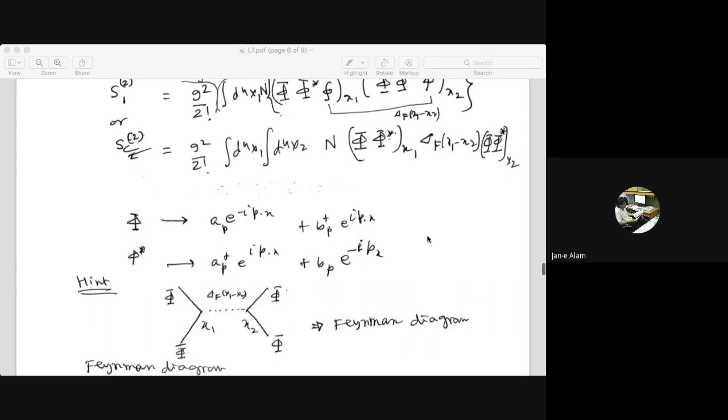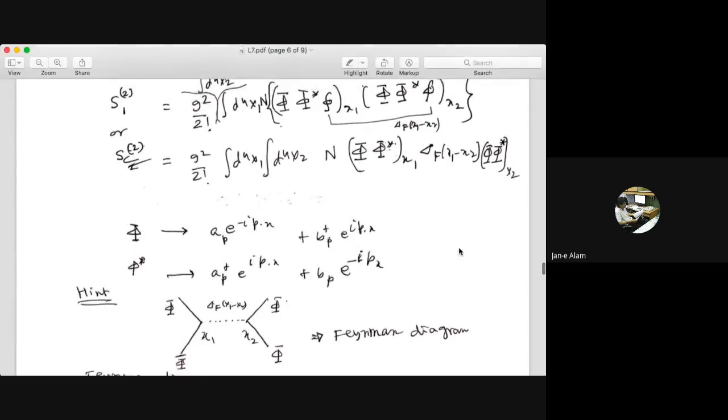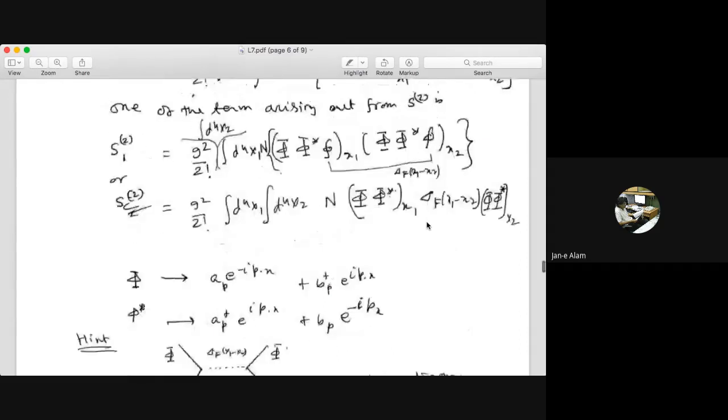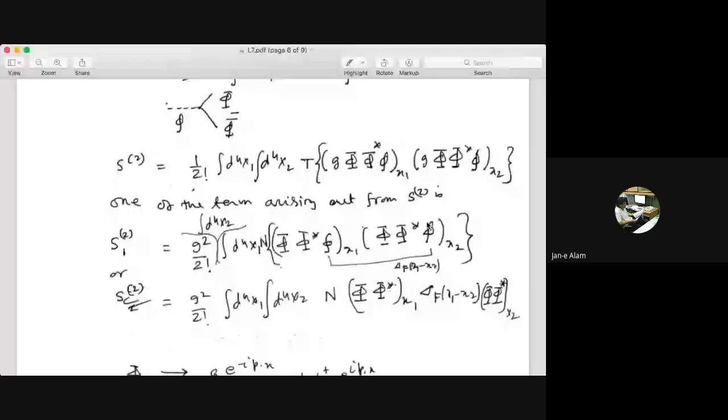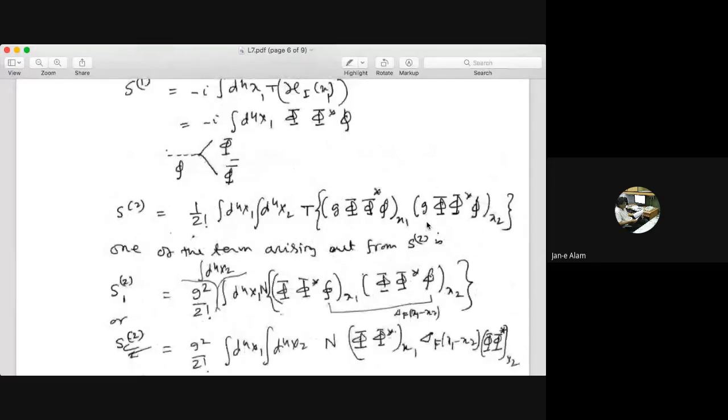First of all, for photons and electrons we have not yet developed a theory. If I want to describe the Dirac field, and if I want to get the photon, then I need to quantize the Maxwell field, which we have not done. I was just giving you an example of particle and antiparticle, saying electron and positron. That we will do when we discuss the electromagnetic theory.